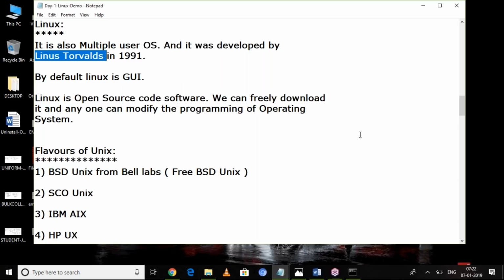So what is the benefit of Linux? Why is it called more advanced than UNIX? What are the drawbacks in UNIX? Only two drawbacks. One is that it's not freeware. We can't download it freely. And another one is that by default, it is not GUI.